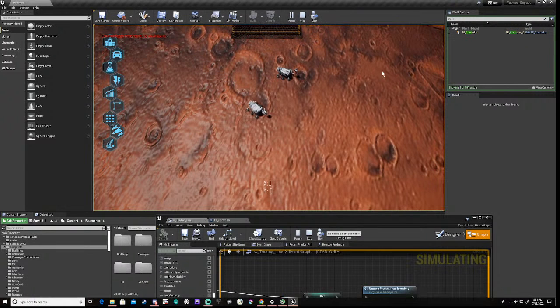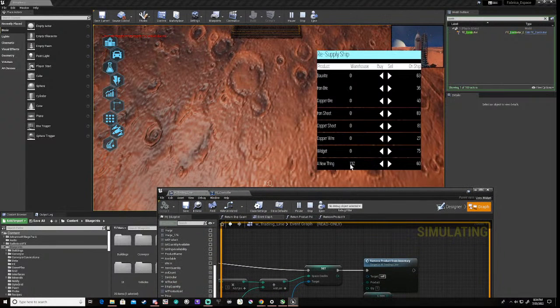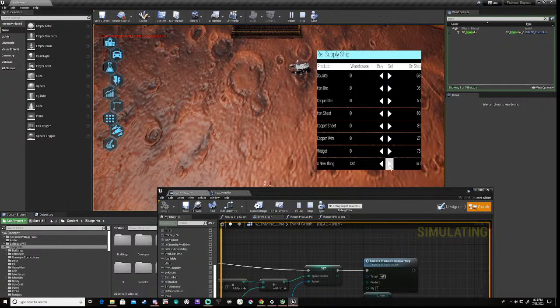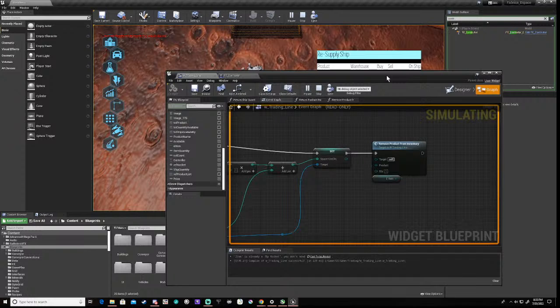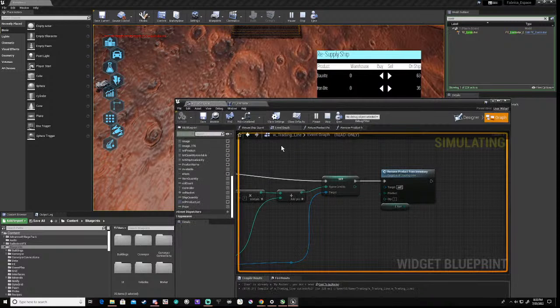And once our ship pops up here, we should be able to press bring up the widget, and it'll have some sort of a, well, not that it matters for the selling, to be honest. Okay, so if we're selling, this should immediately update, but it's not,